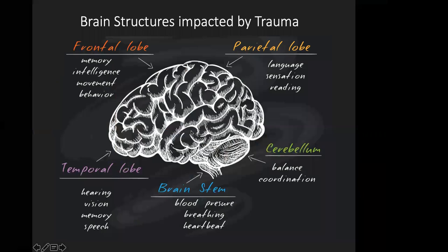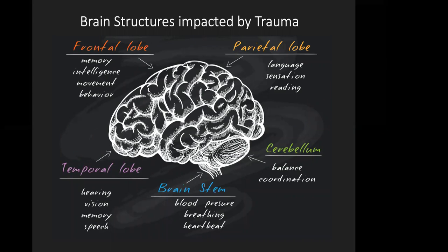So when we think further into this question and we talk about the brain structures that are specifically impacted by trauma, we can look at this visual up on the screen, because we know that chronic stress or trauma wires the brain for survival. Trauma directly influences our synaptic density and the myelination within those pathways. So it literally changes how we perceive information, how we process it, and how we respond.